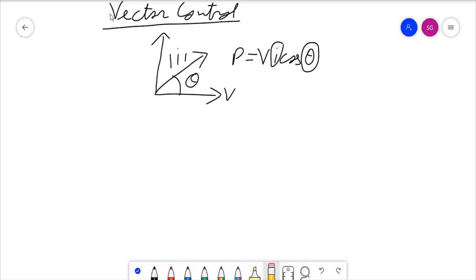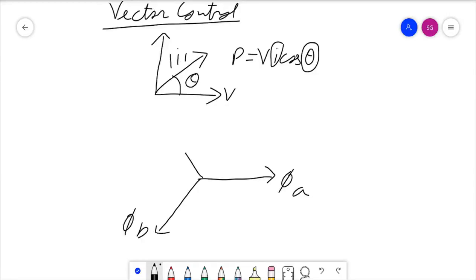Now let us understand the space vectors in three-phase machines. How is it defined? Let us talk about the three-phase induction motor. In a three-phase induction motor, there are three phases which generate their own fluxes. Let us say there is a flux phi A, lagging to this is phi B, lagging to this is phi C. These are the three fluxes that have been generated by the winding.